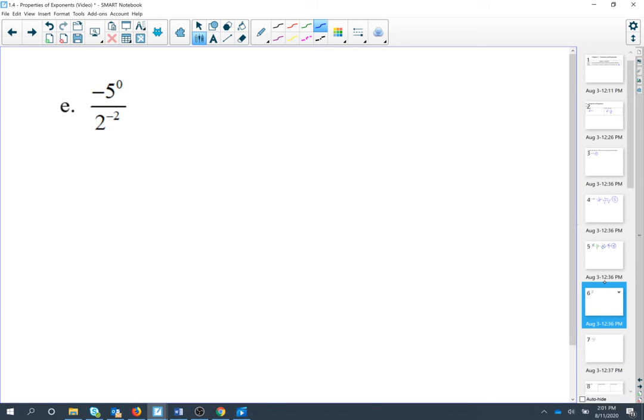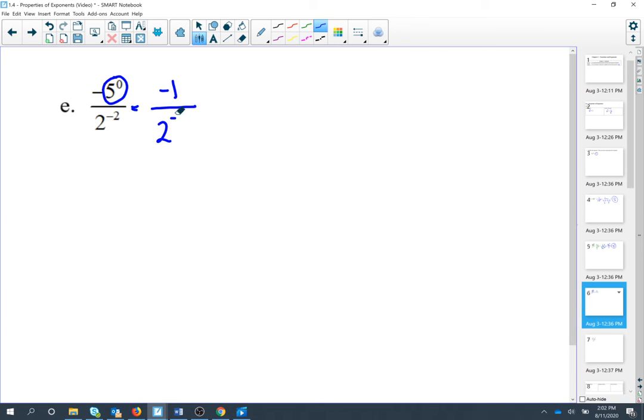Letter E, negative 5 to the 0 power over 2 to the negative 2. Now, once again with this 0 power, here's your question. Is the 0 power attached to the 5? Is the 0 power attached to the negative? Or is the 0 power attached to the negative 5? And the answer here is because there are no parentheses, that 0 power is only attached to the 5. So that negative is kind of out here on its own. And then 5 to the 0 is going to go to 1, but we still have the negative. So when this simplifies, it's going to simplify to negative 1